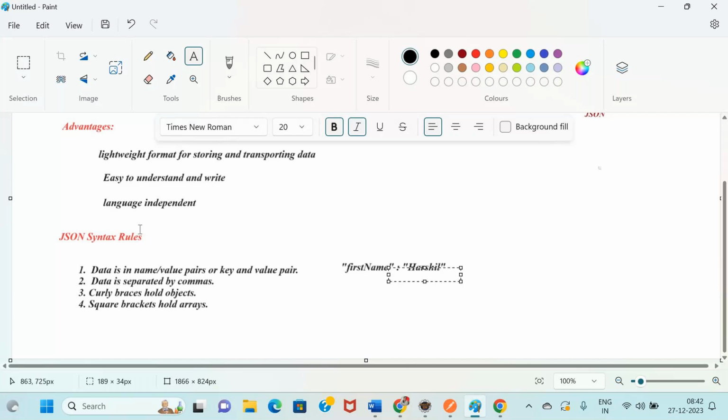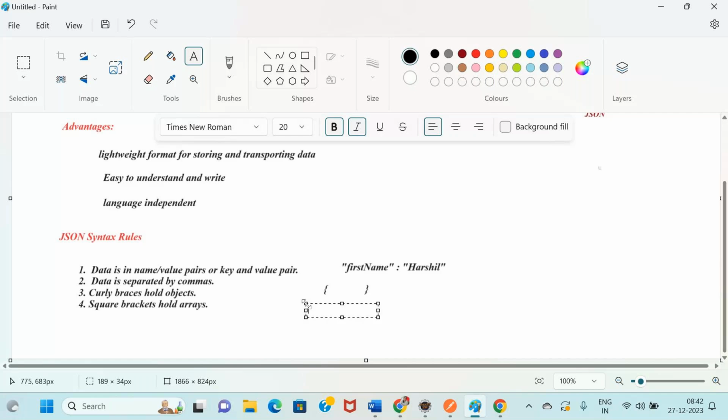And curly braces hold the object. While starting a JSON object, we need to start with a curly brace and end with one, meaning it holds an object inside it. Square brackets hold an array.